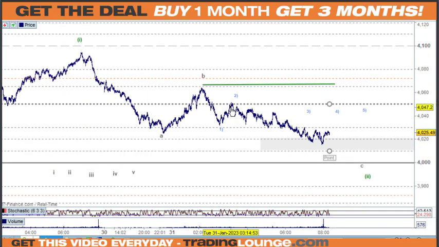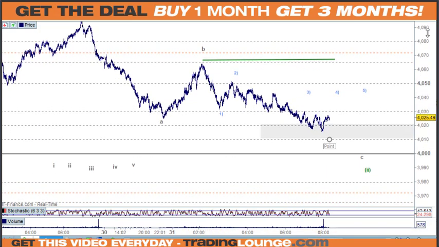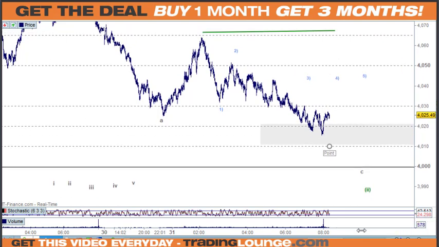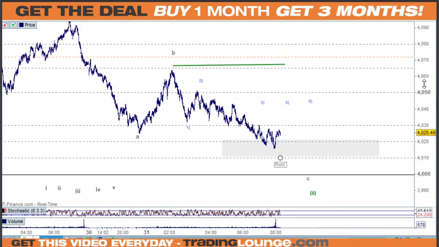I haven't figured out all of this just yet, so I've burnt up too much time as it is. A low could be in, or we're going to get another little move down here. I'll probably get another move down, because this is probably all the third wave in one way or another, because